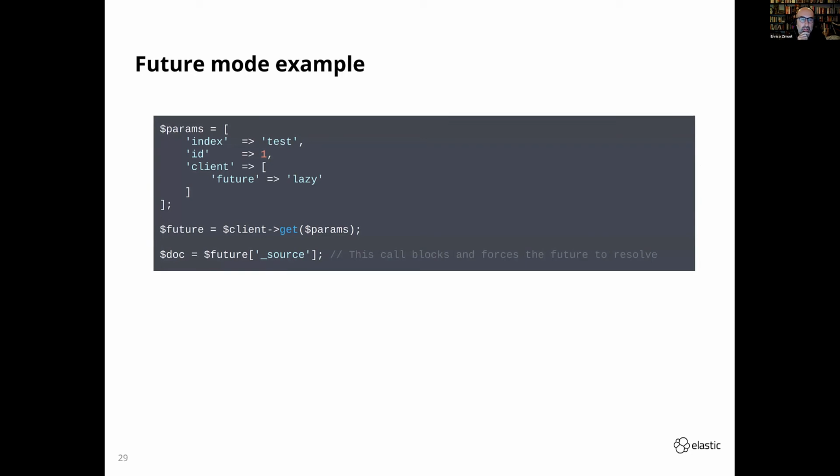Let me give you an example. Imagine that you want to create an async API call in PHP, for instance, the get. You want to run the get and not stop here for the results, but move forward. You need to specify in the parameters a key for the client, future lazy. Basically it means that the results will not be available the line after the get, but will be available when